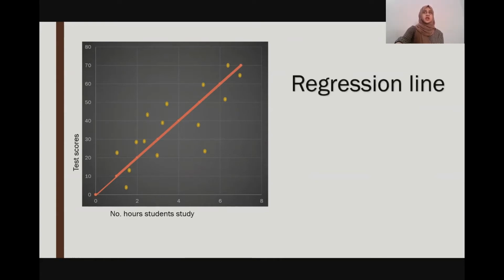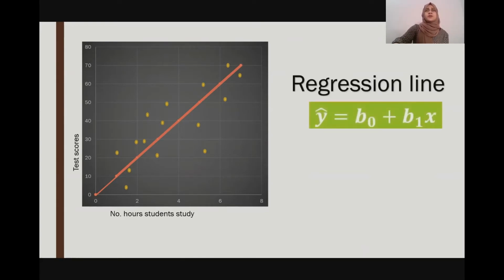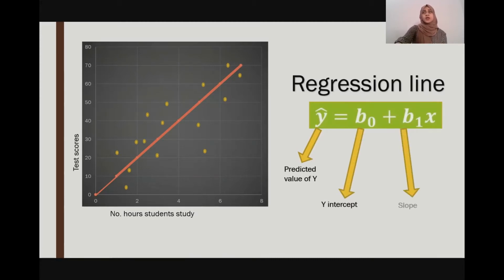Here is a regression line. And what we do with this line is we calculate a couple of quantities. So y hat equals b naught plus b1x. What does this mean? Y hat stands for the predicted value of y, b naught is the y-intercept, b1 is the slope, and x is going to be any value of x. So we have a scatter plot, we will draw a regression line on it, and then we will use this line to trace back our values on the y-axis.